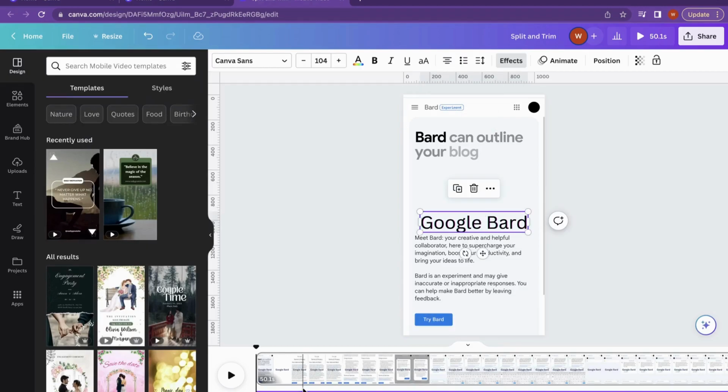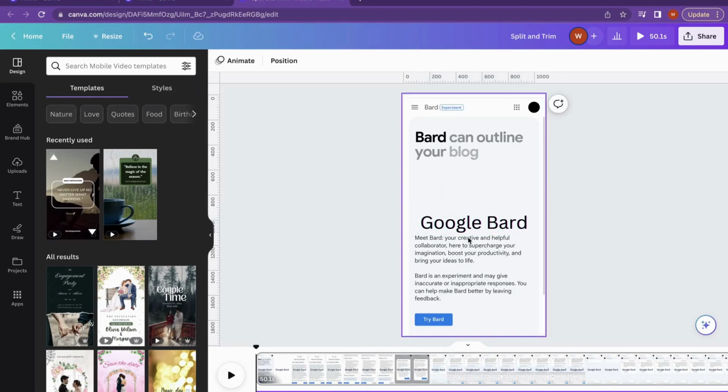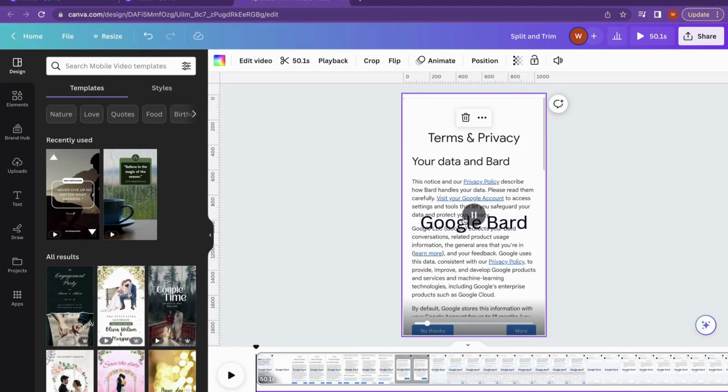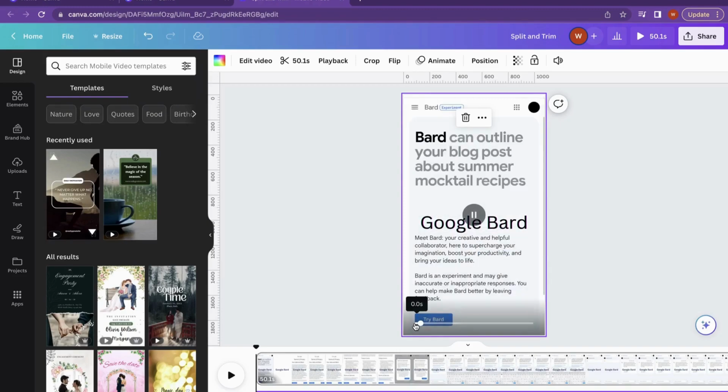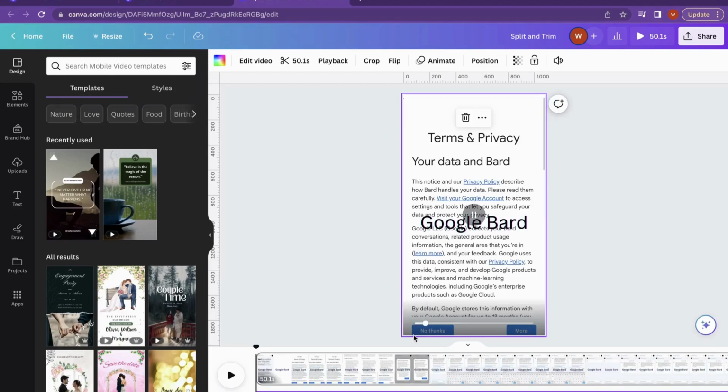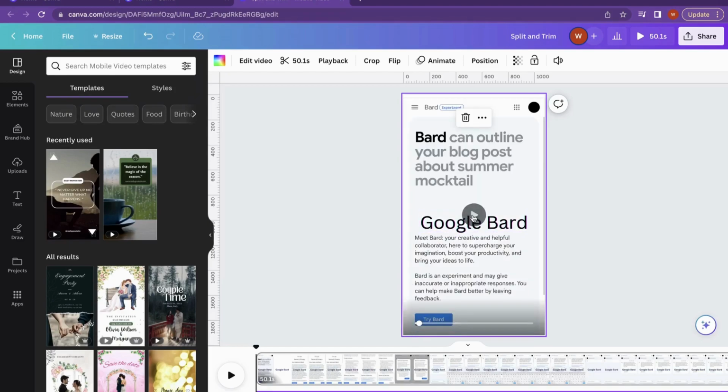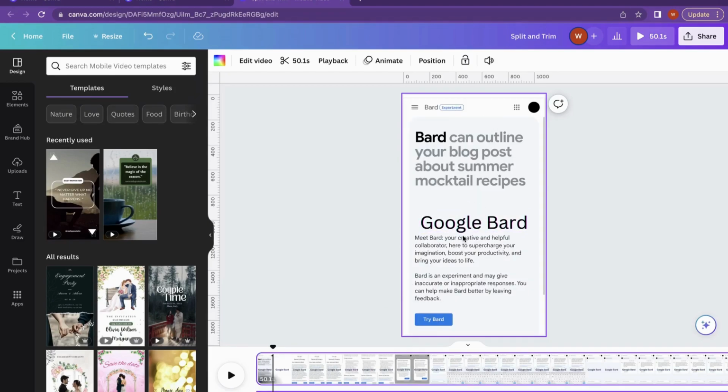Now I don't want this text to be present throughout this video. Otherwise it will be weird, it will hide some contents. So now how do I avoid having this text throughout this video? To do that, split the video as long as you want the text to be there. Just you see this pointer, point it where you want to split, place there,